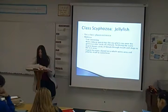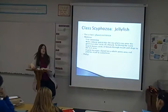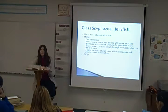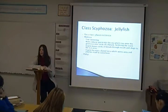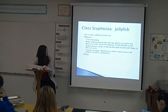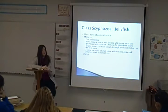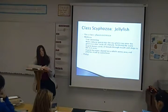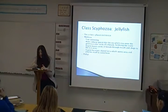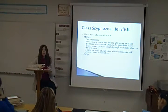It's not a very large structure. It forms a polyp at this point, and it says 12 millimeters in length, so it's very small, only a centimeter or so, a little over a centimeter. But it attaches itself, and it goes into the polyp stage, and it can survive and produce more polyps for several